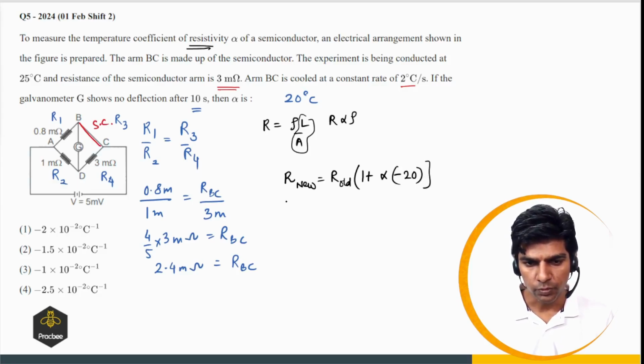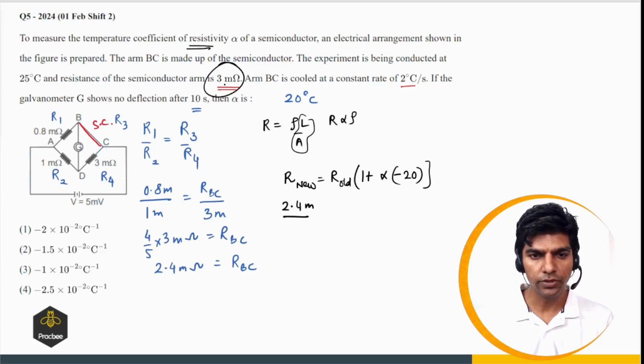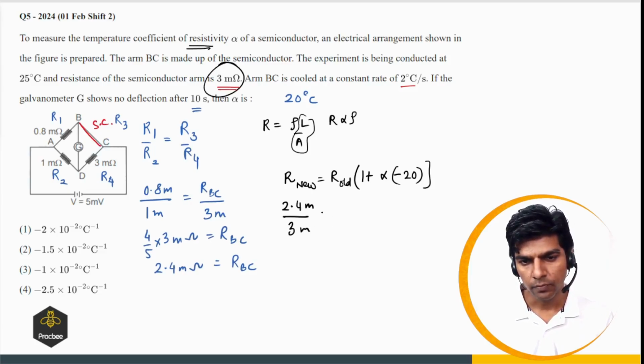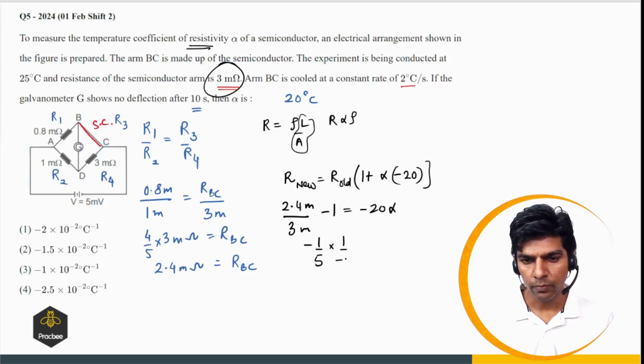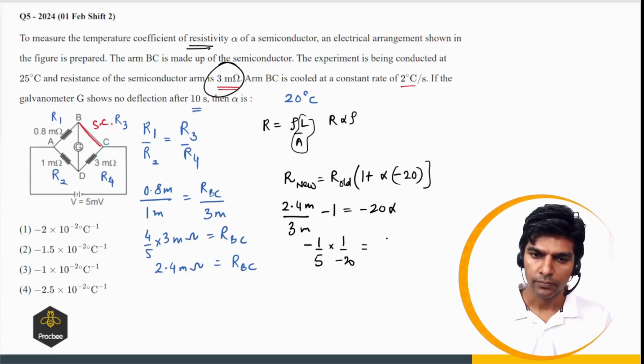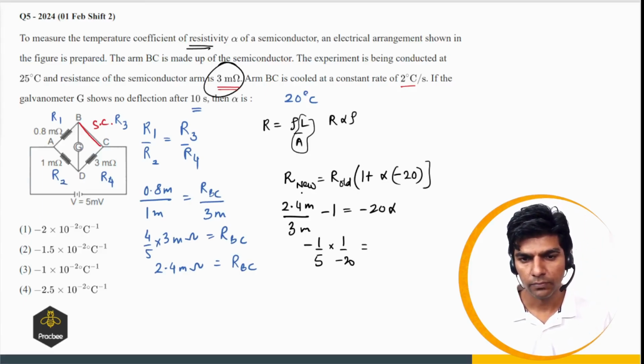Okay, so let us put the value. So 2.4 milli divided by old value 3 milli minus 1 equals to minus 20 alpha. So this comes out to be 4 by 5. So minus 1 by 5 multiplied with minus 20, right? So from this alpha value comes out to be 1 upon 100,